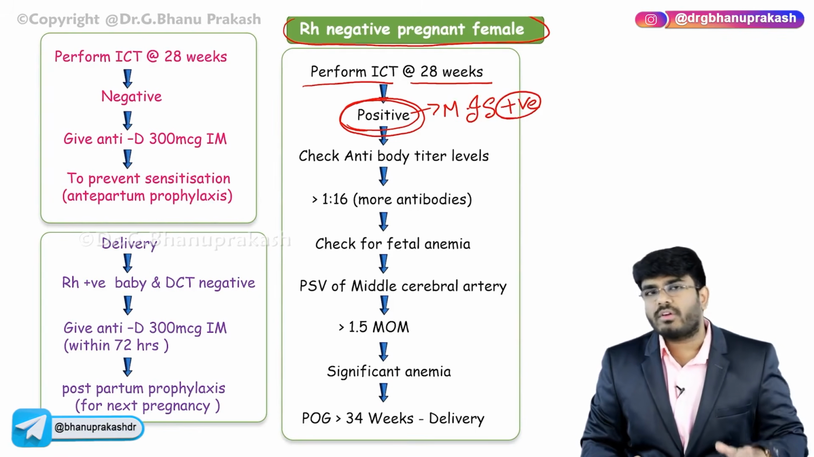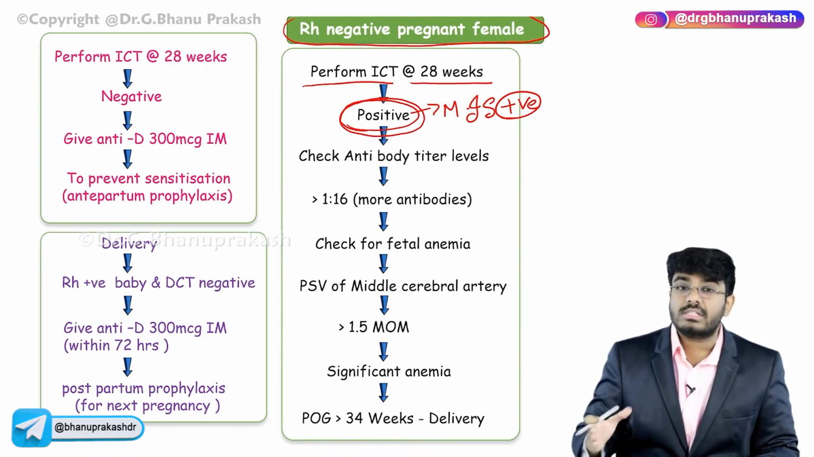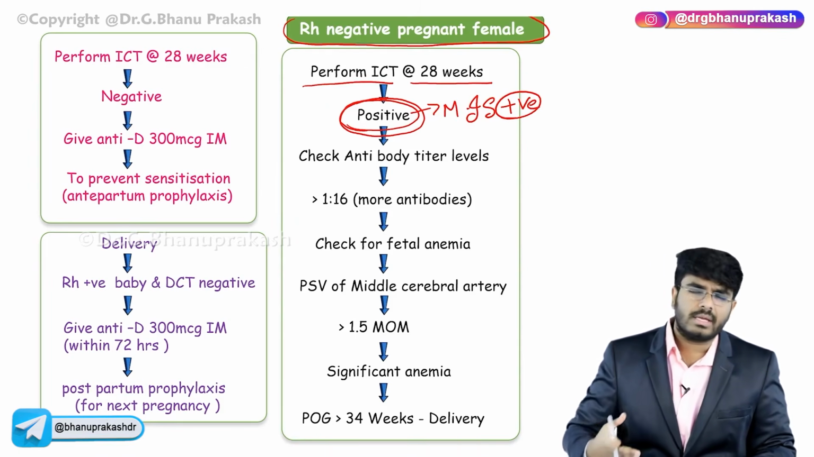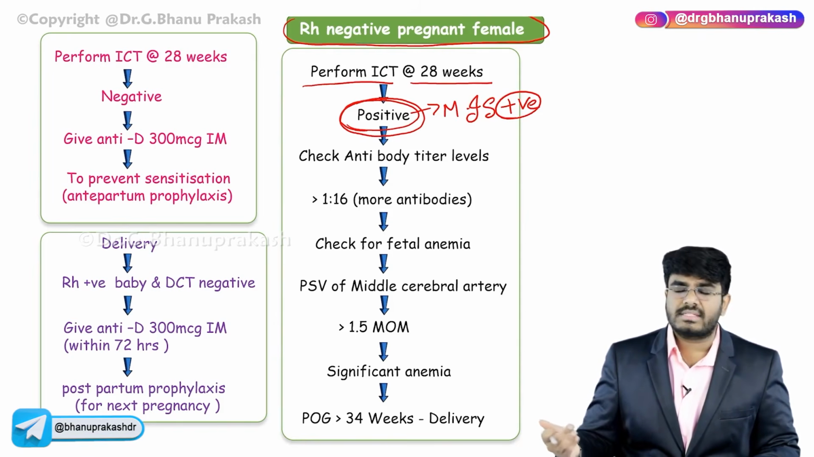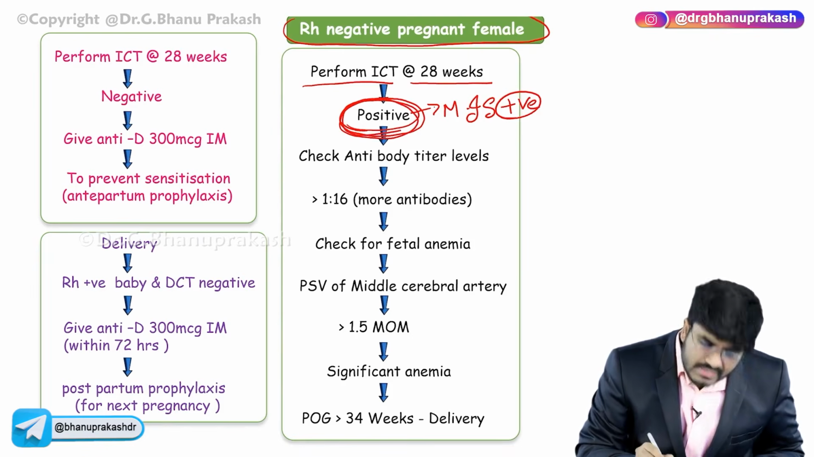If she is making too many antibodies, that's going to be a problem. Why? Because these antibodies can cause severe hemolysis. Severe hemolysis will cause a lot of problems: severe anemia, and a lot of complications are going to occur. Hydrops fetalis can occur. Now what you are going to do, see at 28 weeks, if this indirect Coombs test,